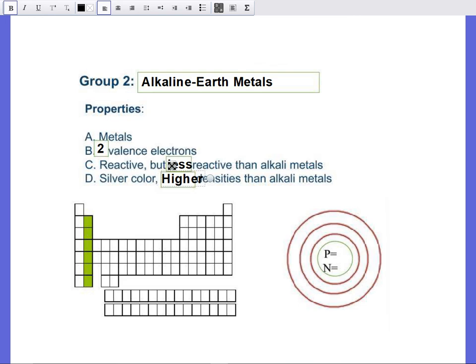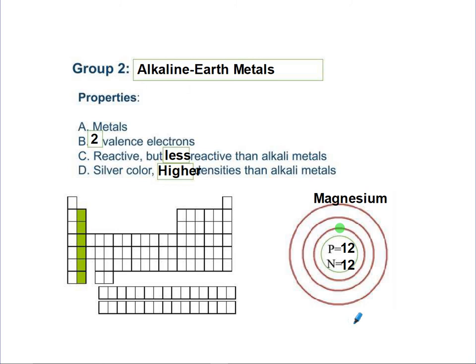And then we're going to draw the element right to the right of sodium. So we're going to draw magnesium. Magnesium has 12 protons and 12 neutrons. And we'll draw our electrons here. We have 2 electrons in the first energy level, 8 in the next,